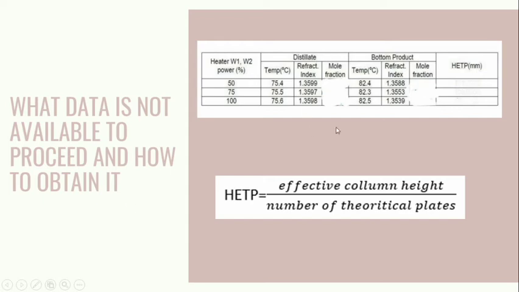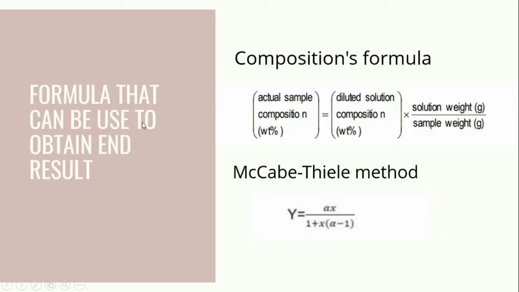As you can see in this table, the data that is not available is the mole fraction of the distillate and the bottom product, and also the HETP value. So for HETP, we must use the formula, which is effective column height divided by number of theoretical plates. So formula that can be used to obtain the end result. So we can use the composition formula